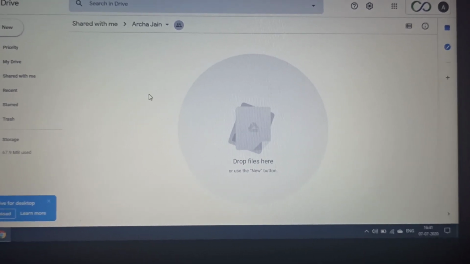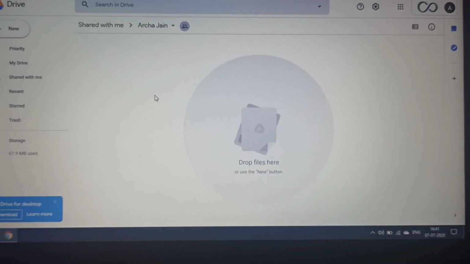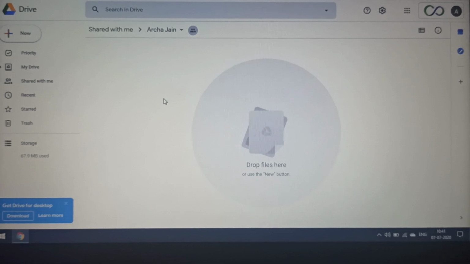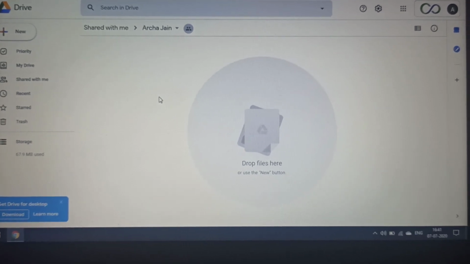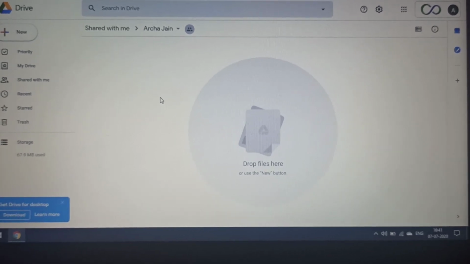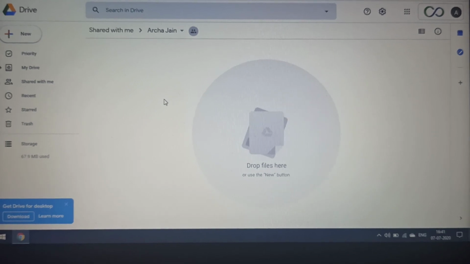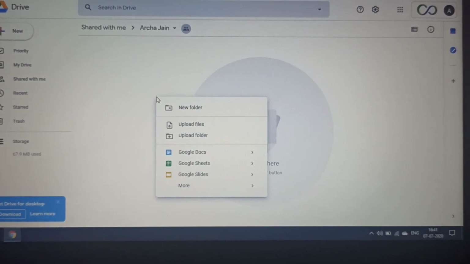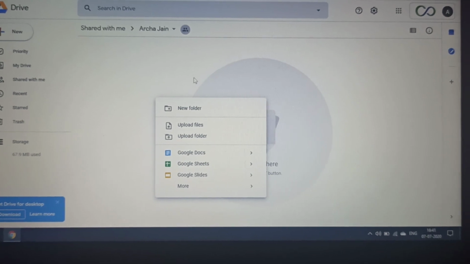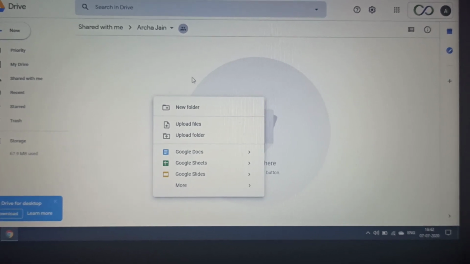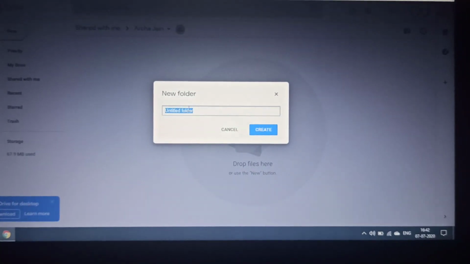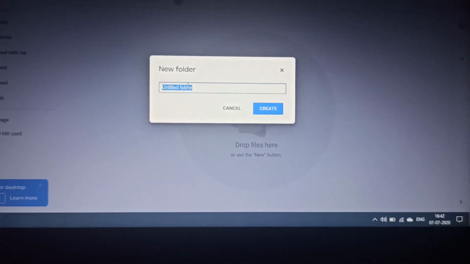Now this folder is empty. We have to put subfolders into it. And this is also very simple. For this, first of all, you have to right click on your mouse. When I right clicked, it will show these options. From there, you have to choose new folder. New folder, then it will appear like this.